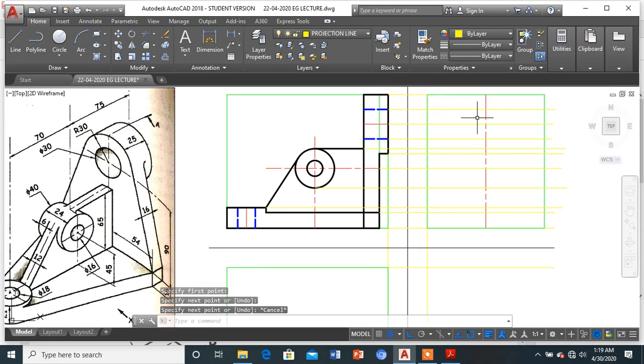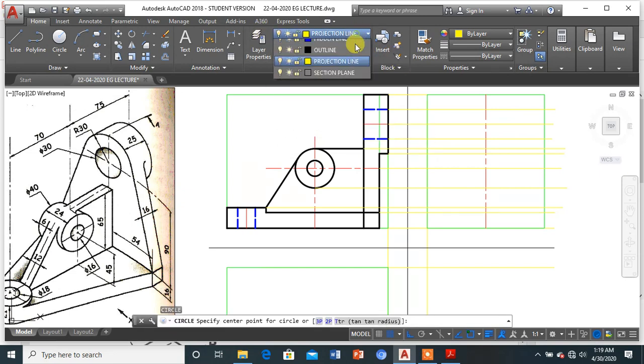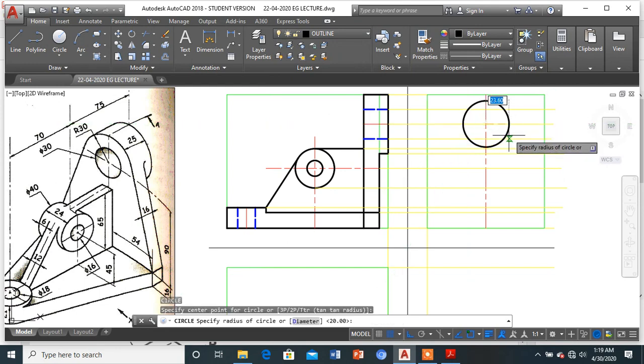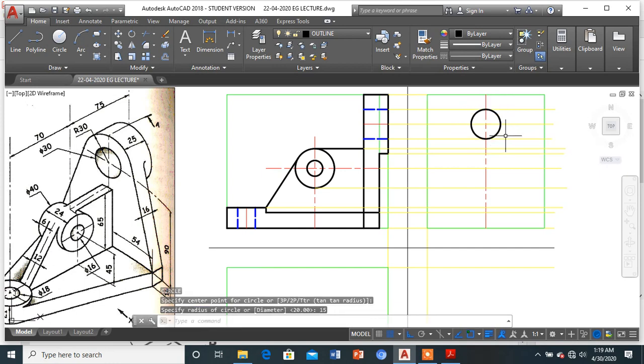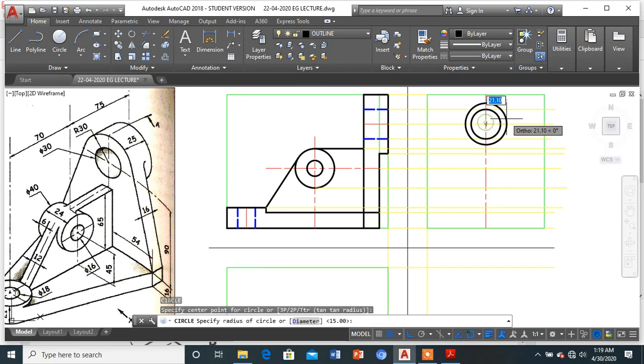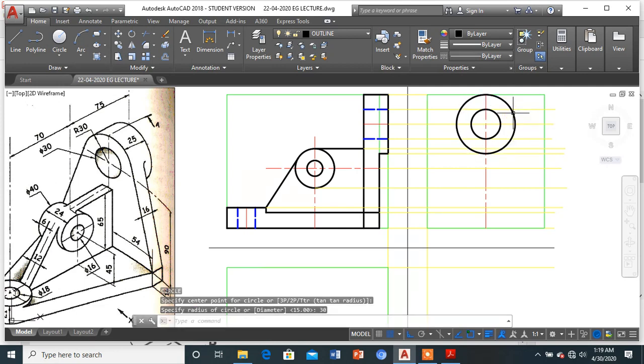Okay, so let's see. Let us basically draw the construction of this circle which is there. So I can directly make that circle over here like this, which is of diameter 30, so radius will be 15. Okay, so once we are done, I can make even the circle which is there. It will be somewhat like a semicircle which will be visible to us. So it's of radius 30, my dear friends. So I made it as 30 like this.